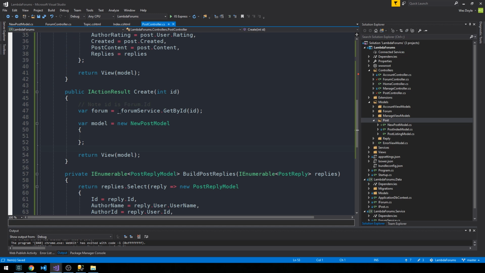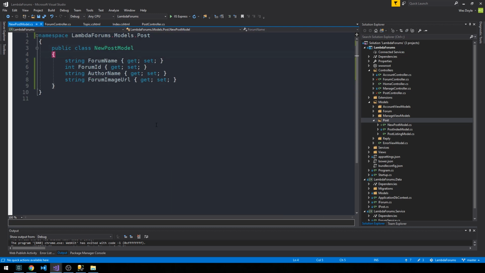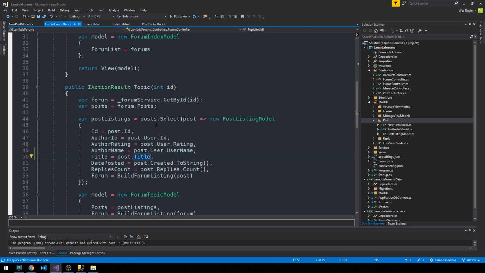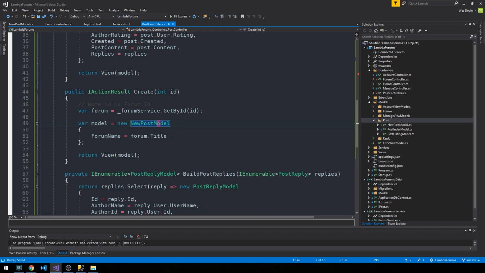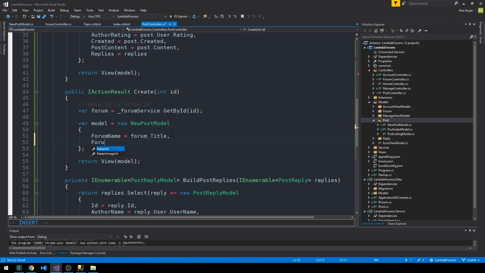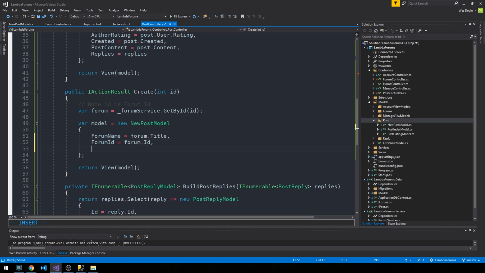So we'll head back here now into our create method and just go ahead and set those properties. So we'll have ForumName is equal to the forum.Title. And we're getting an error that ForumName is inaccessible, and that is because for some reason I did not put public in front of all of these properties, which we need to do. Okay, so we did that. And so now back in our post controller, we can start setting them properly. So ForumId is going to be the ID off of that forum that we get back, of course. The ForumImageUrl is going to be equal to the